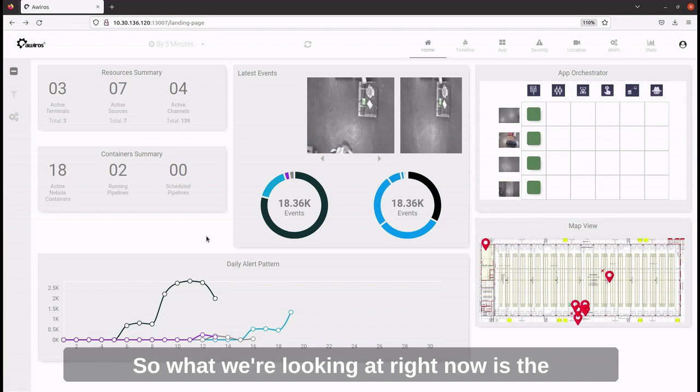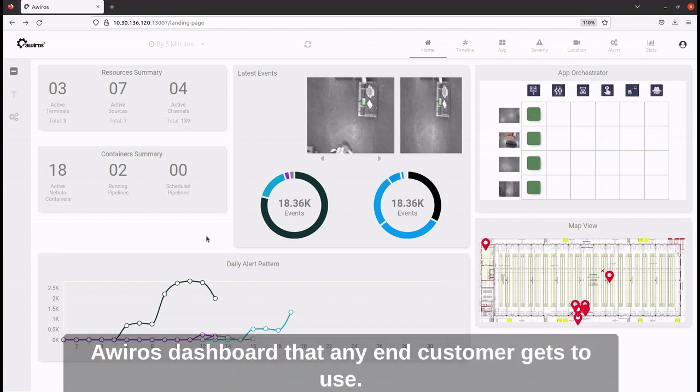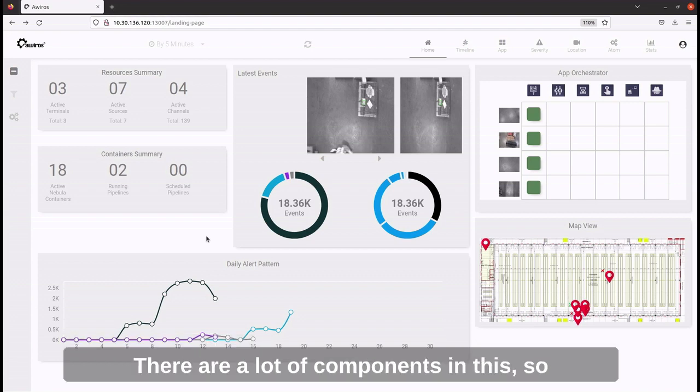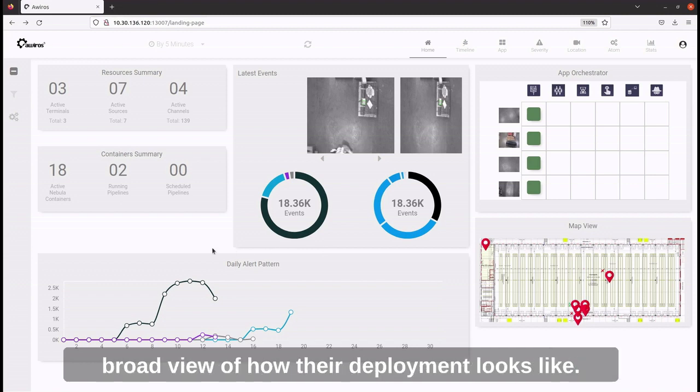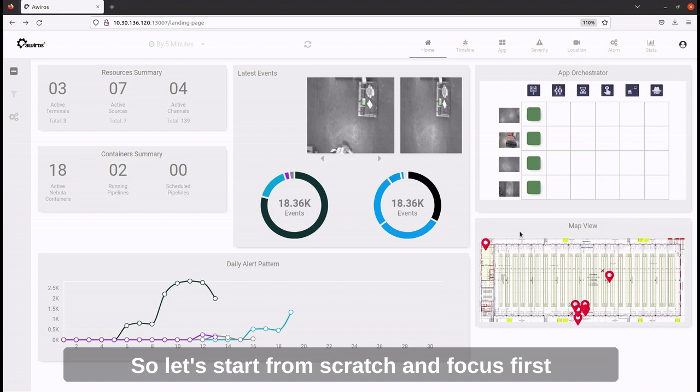So what we're looking at right now is the Awiros dashboard that any end customer gets to use. There are a lot of components in this, so we'll start off one by one. But overall, this is the landing page which gives the customer a broad view of how their deployment looks like. So let's start from scratch and focus first on the most important part, which is the apps which we need